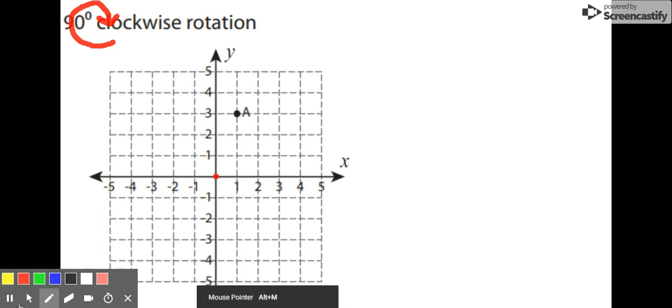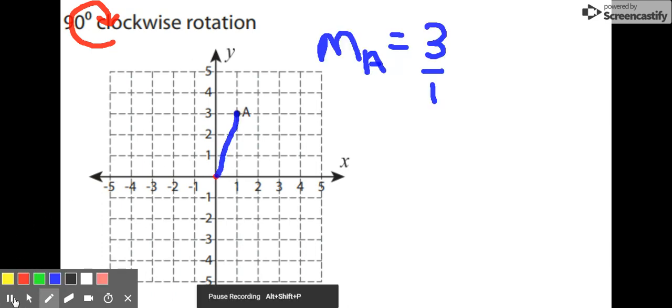What I like to do first is to connect my pre-image to my center of rotation and find that slope. So I'm going to do that now. The slope of this line segment is 3/1. In order to make sure that the line segment connecting the center of rotation to the image is perpendicular, I've got to make sure I have slopes that are opposite reciprocals. So the opposite reciprocal of 3/1 is -1/3. Reciprocals meaning you're switching locations of your numerator and denominator, so you're basically flipping your fraction,